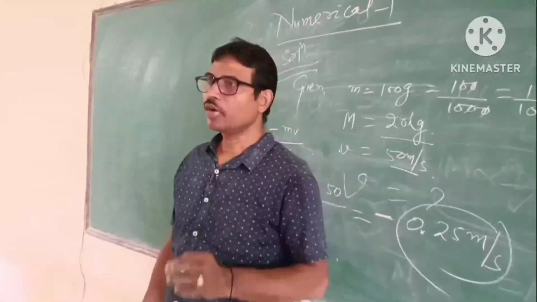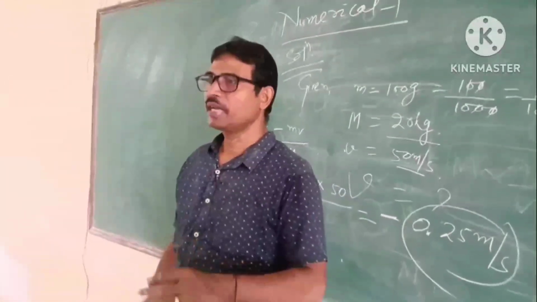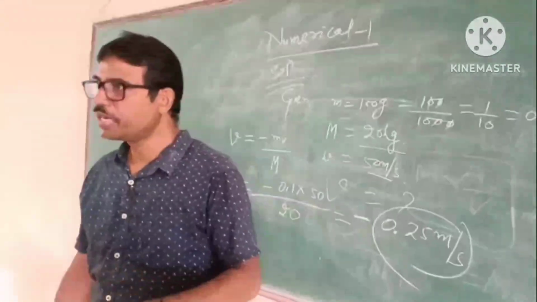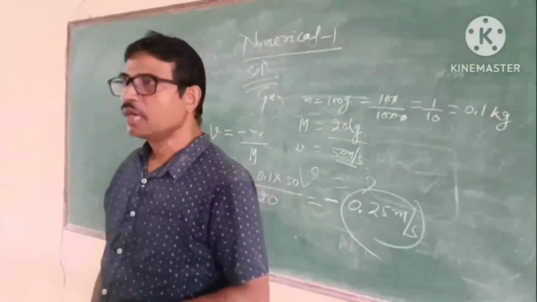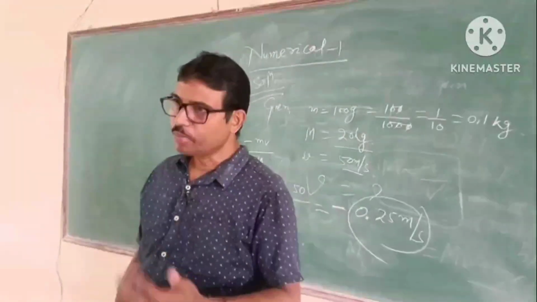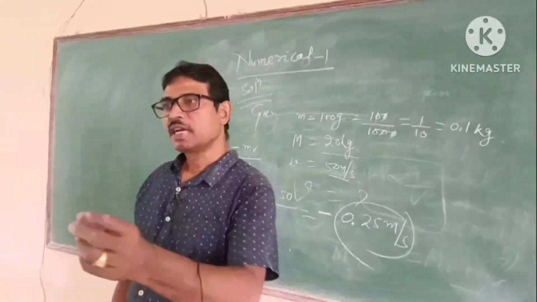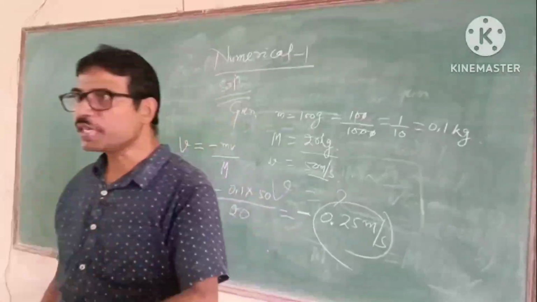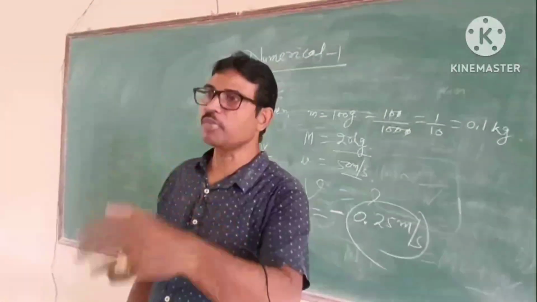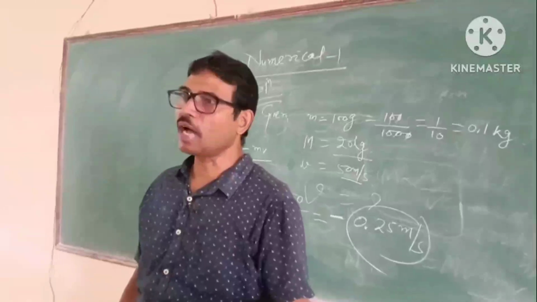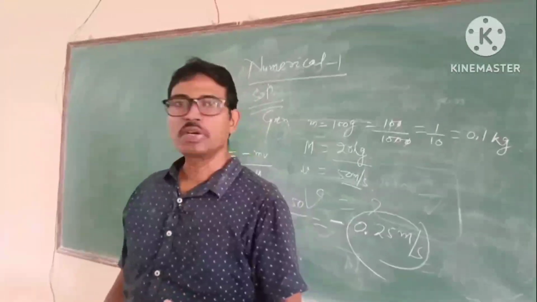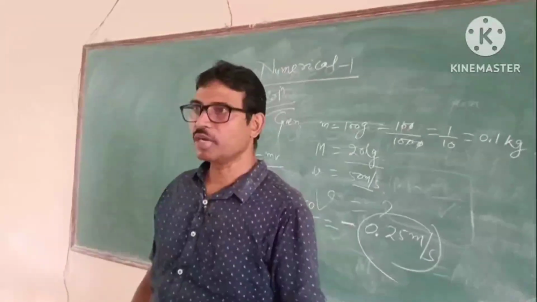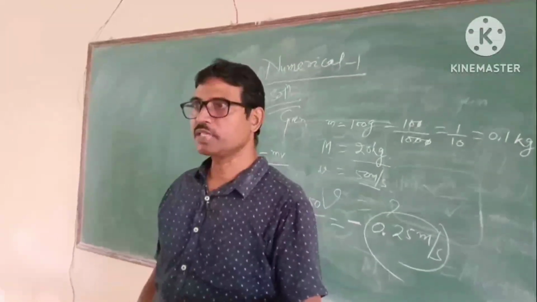I think all of you must have seen my last videos. In the last classes we have completed momentum, application of momentum, impulse, application of impulse. We derived the law of conservation of linear momentum, and also derived the law of conservation of linear momentum from Newton's third law of motion. And what are the applications, you know. So today we have to discuss the recoil velocity, one of the most important applications of the law of conservation